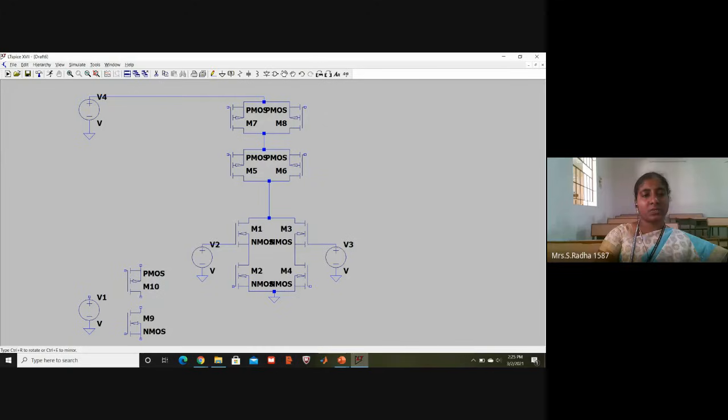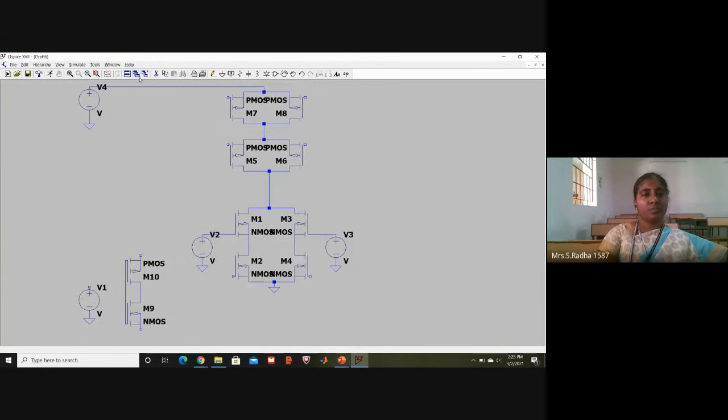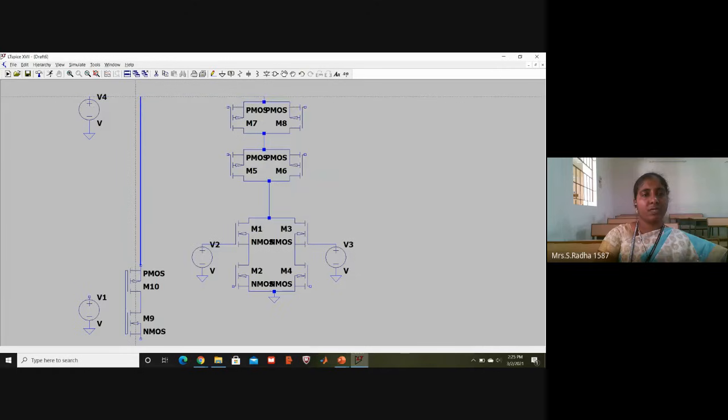For NMOS, the source should be at the bottom, and the substrate should be connected to source. So I am connecting the input side, the output side, and VDD to the top for the inverter also.